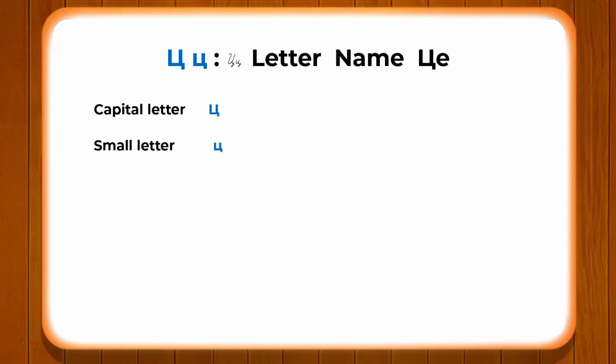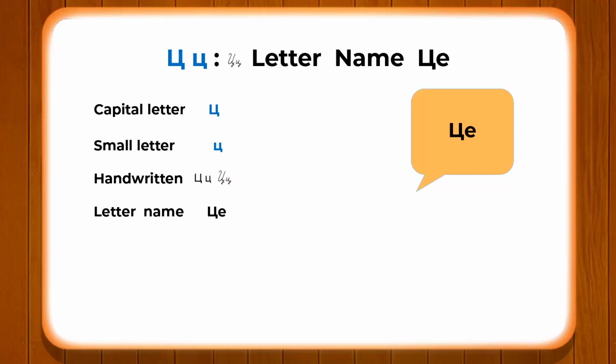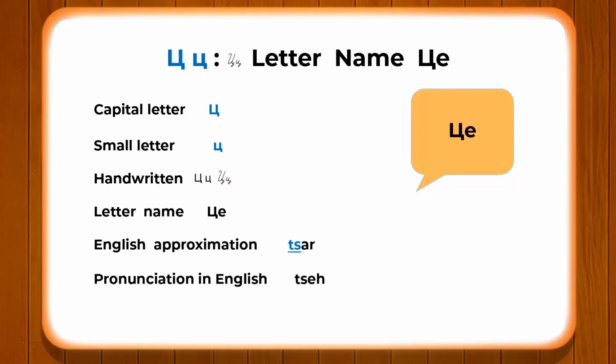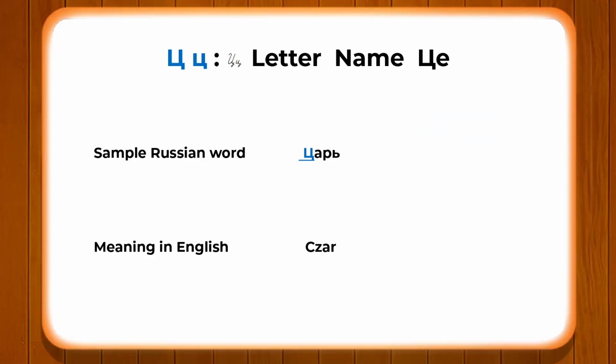This letter is again very important and has a very peculiar sound which is found in Russian. The letter's name is Tse. It's not T, it's not S, it's Tse. In order to pronounce it properly, you have to make a combination of two different sounds, T and S together, Tse. And like we have an example from English, Tsar, and from Russian, Tsar,